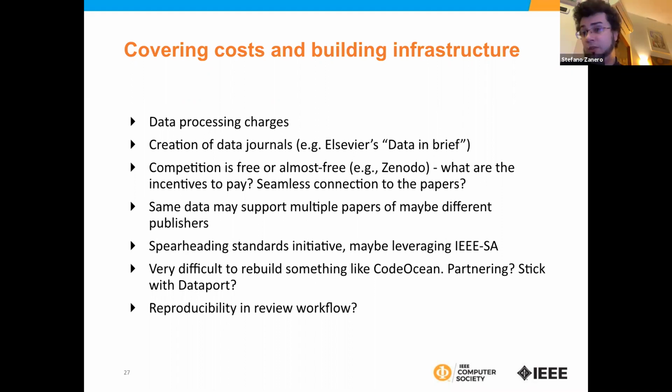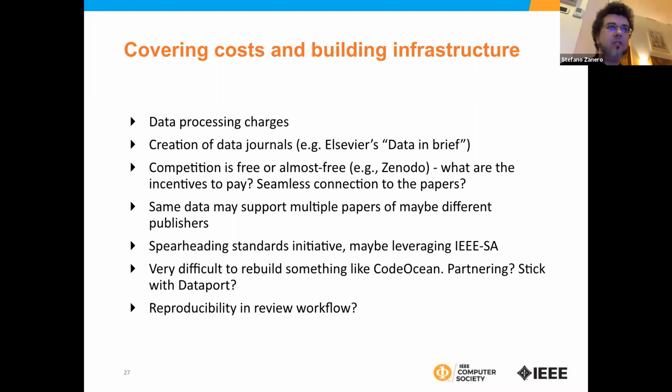Also, there is an issue that we have touched briefly, but this is probably part of the larger issue. How do we integrate these elements of reproducibility within the review workflow? Because if you review a paper and then, when the paper is published, make the data available, well, in fact, you would need to have the data available already for the reviewers. That's one of the reasons to create an open way to share data and artifacts. And if you tie the availability of data to the availability of the final paper, you basically create